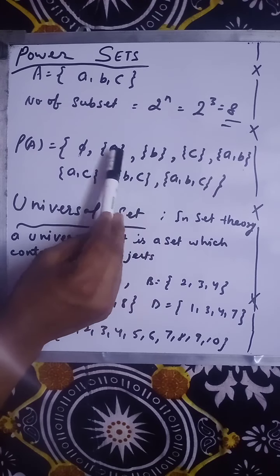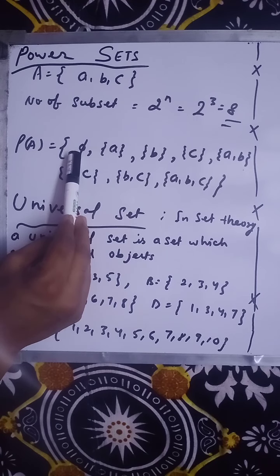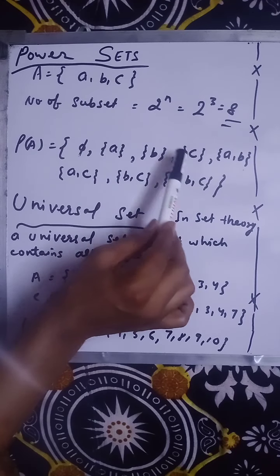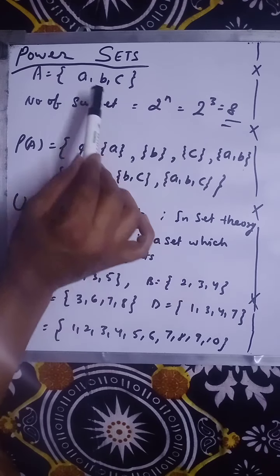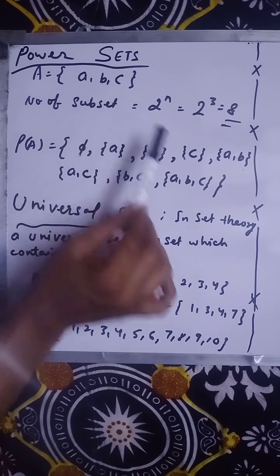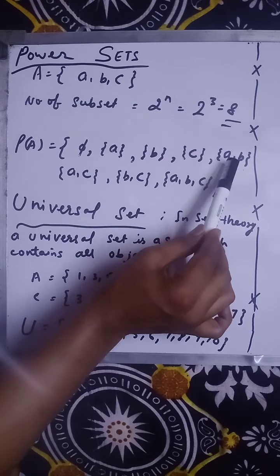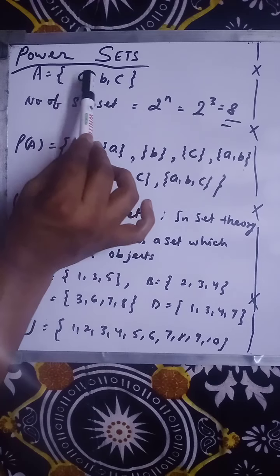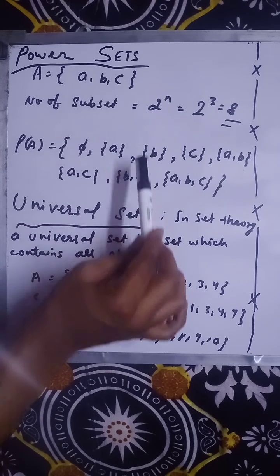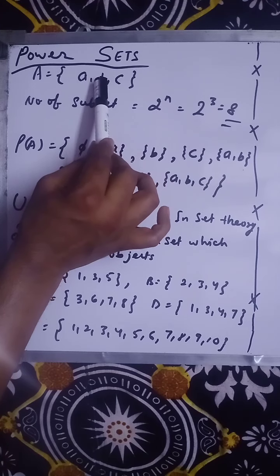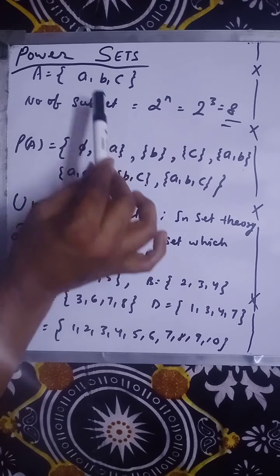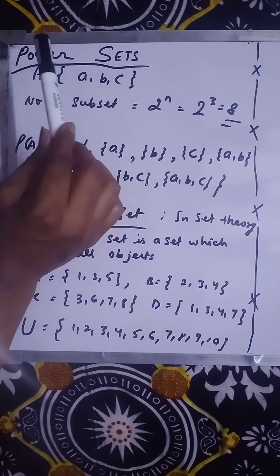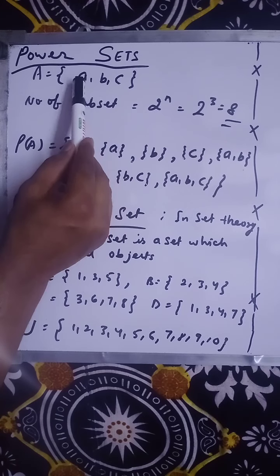Within this bracket also, ∅ will not come inside. Okay, so see, now the singles are over. Now you have to take pairs. {a, b}, here it is. Then {a, c}, then you can take {b, c}. You cannot take {c, b}. You have to take {b, c}. In order you have to go. All the pairings of 2 elements are over now. Now you have to make the group of 3 elements. So {a, b, c}.